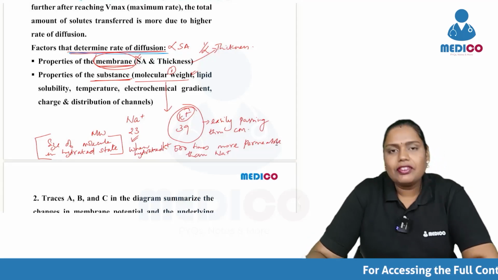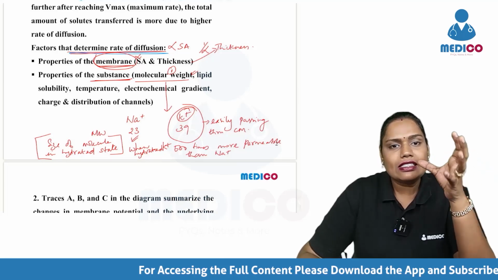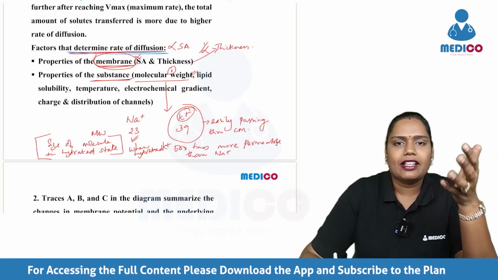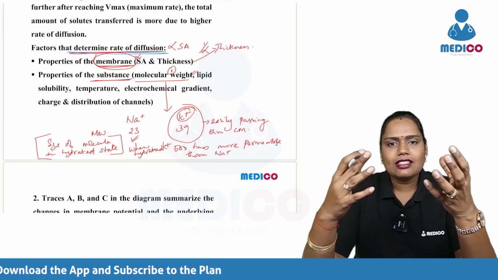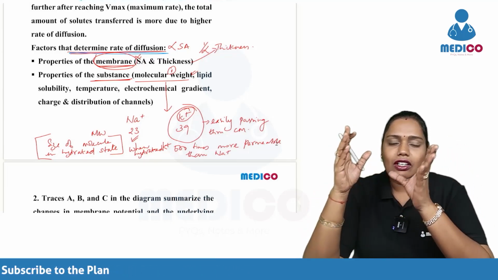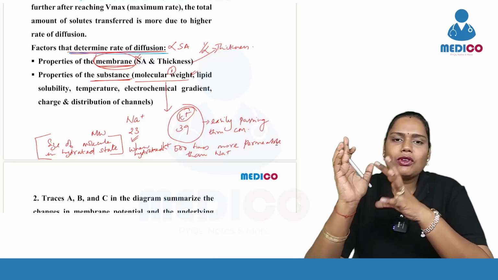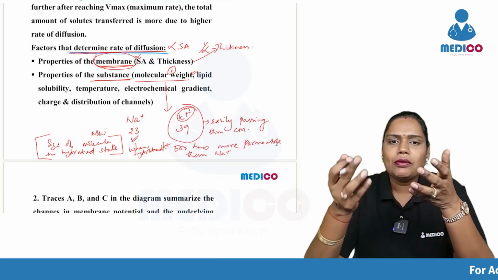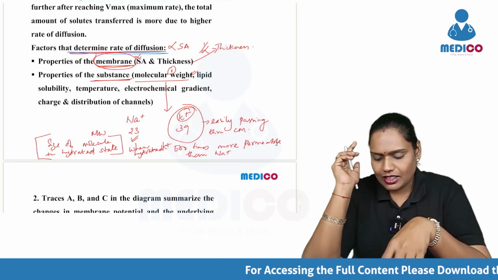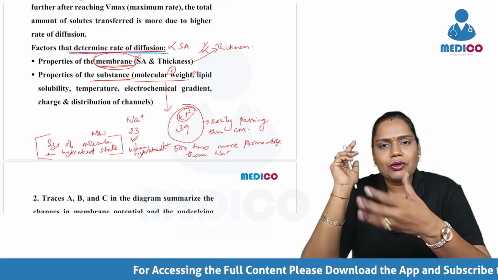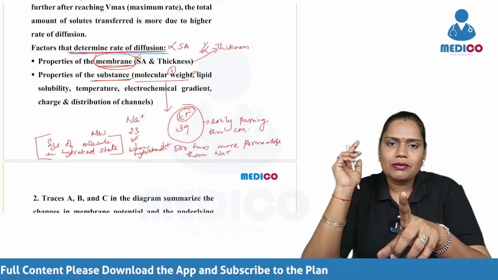So please remember, we don't just look at the molecular weight of the substance, we also look at the size of the substance when it is hydrated. So when hydrated, the size of sodium increases, whereas though the molecular weight of potassium is more, the hydration is less. So potassium is almost 500 times more permeable than sodium in its hydrated state. Okay, that is why potassium is more permeable than sodium, though the molecular weight of potassium is higher than that